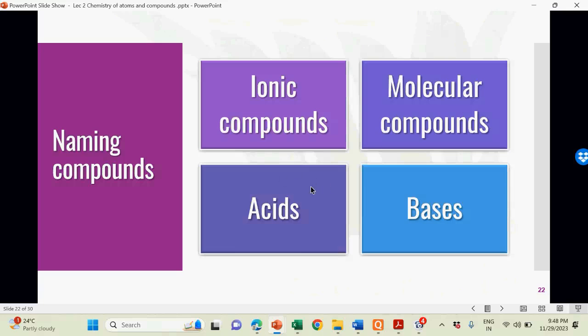Also, the compounds can be named according to their tendency of ionizing in water, in the aqueous medium, and dissociating to give hydrogen ions or to accept hydrogen ions, and in this case they will be named or classified as acids or bases. So we have four different ways to express the nature or the naming of the compounds, either according to their